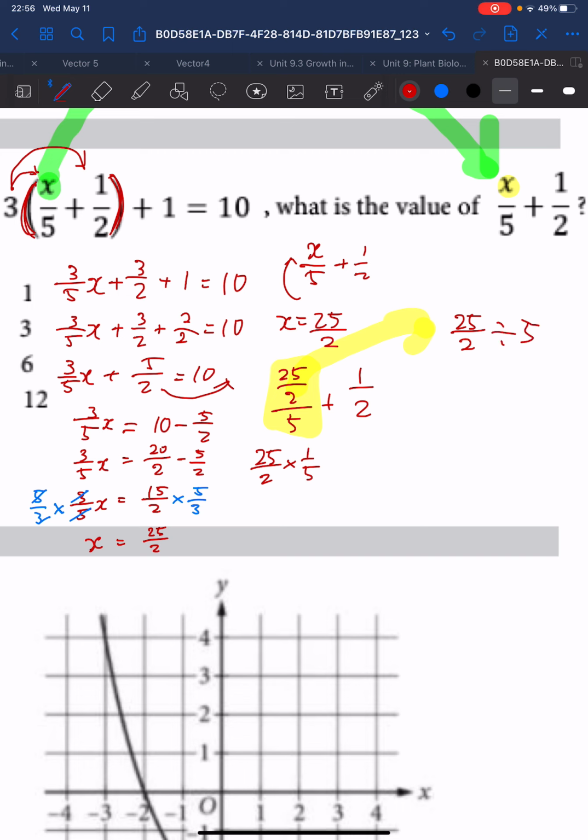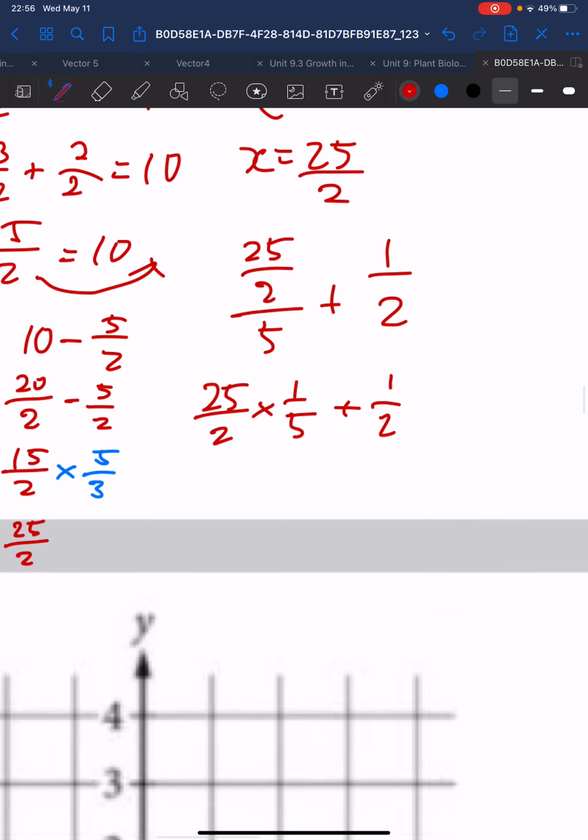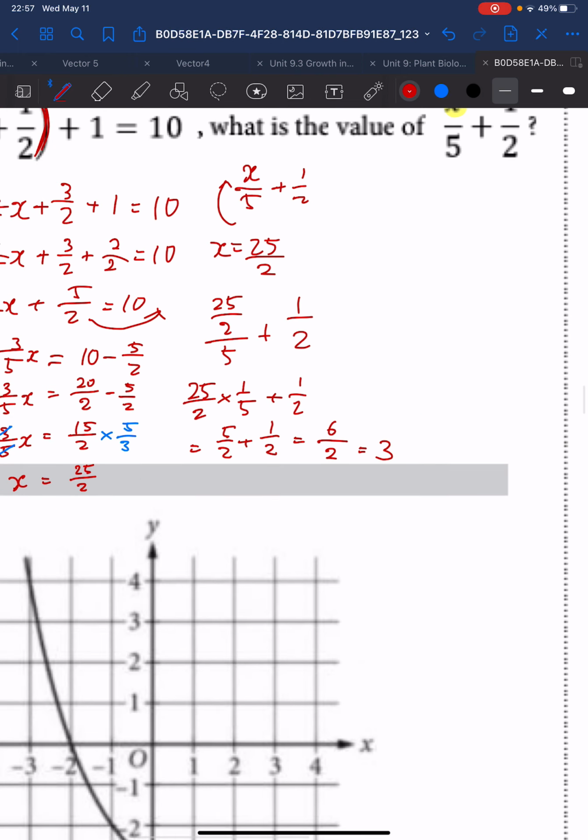And when you solve this, it's 5 over 2 plus 1 over 2. So 5 plus 1 is 6, same denominator, so 6 over 2, which is 3. So the answer is